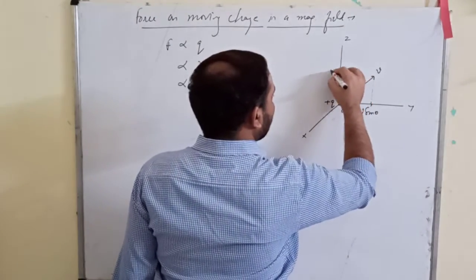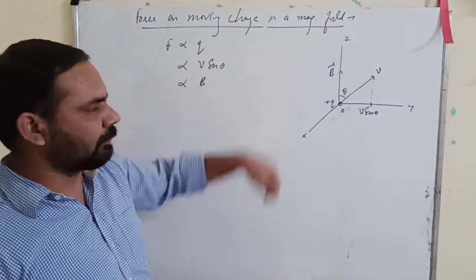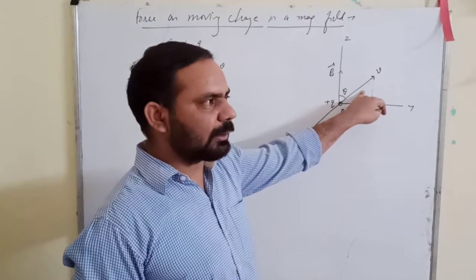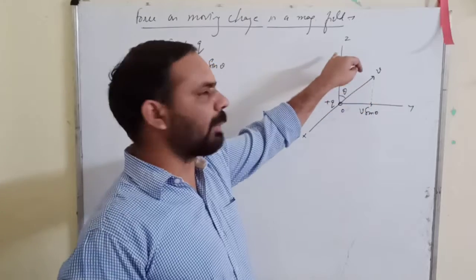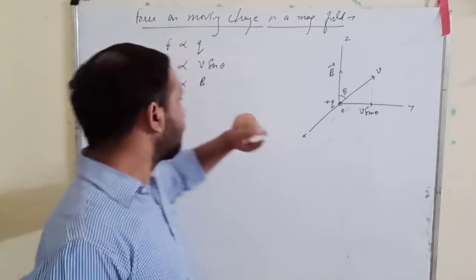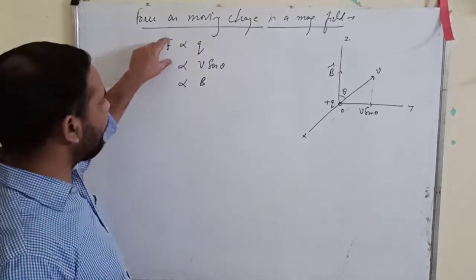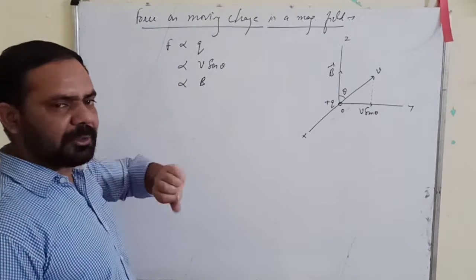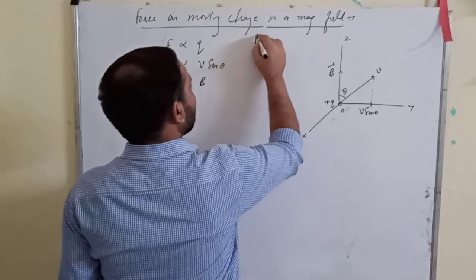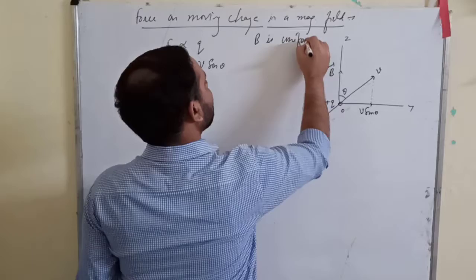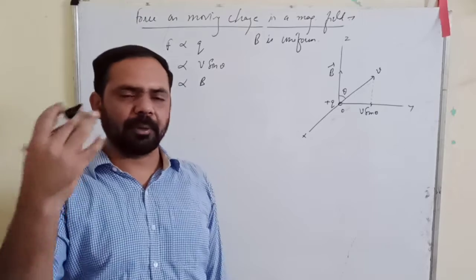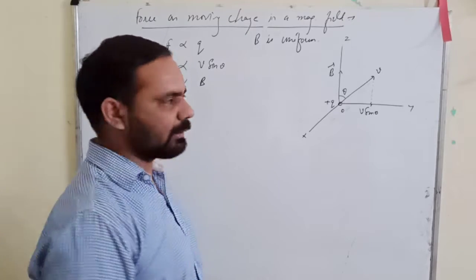Now let us suppose that the magnetic field is along B, along Z. The charge is moving with a velocity V such that it makes an angle theta with the direction of the magnetic field, and here I have taken the field along the Z axis. So the force is directly proportional to Q, to V sin theta, and to the strength of the magnetic field B. We are considering here that B is a uniform magnetic field. We are starting with a uniform field. What will happen if a non-uniform magnetic field is there? That we will discuss later on.